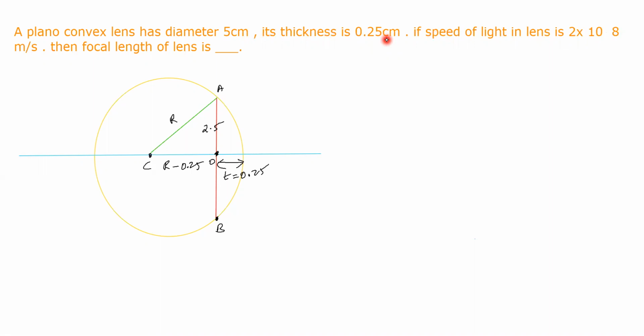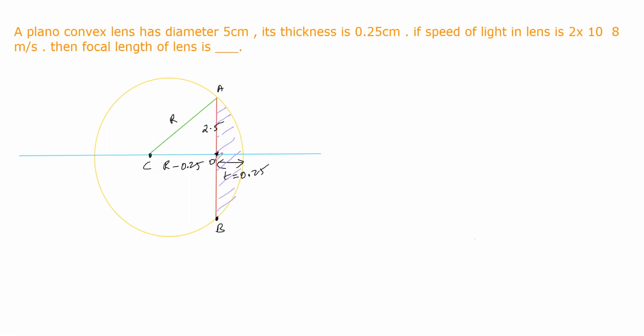Here, actually, we used to solve problems for thin lens focal length. Here, it is given as a thick lens. And one more thing: the diameter is 5 centimeter, which means this diameter is not twice the radius of curvature. This is the aperture of the lens. Now let us shade the lens portion. The shaded portion is only the lens portion.